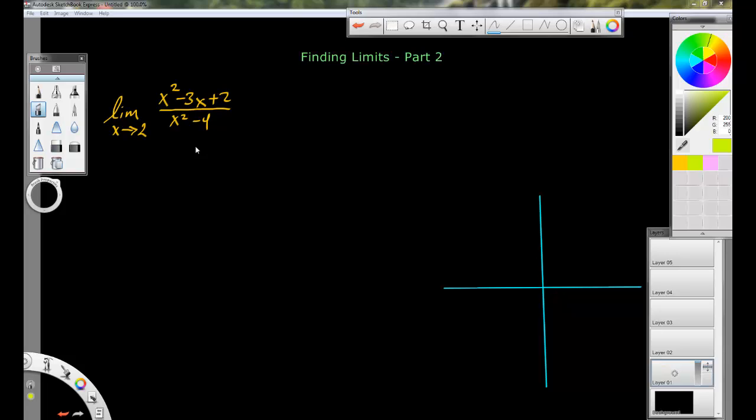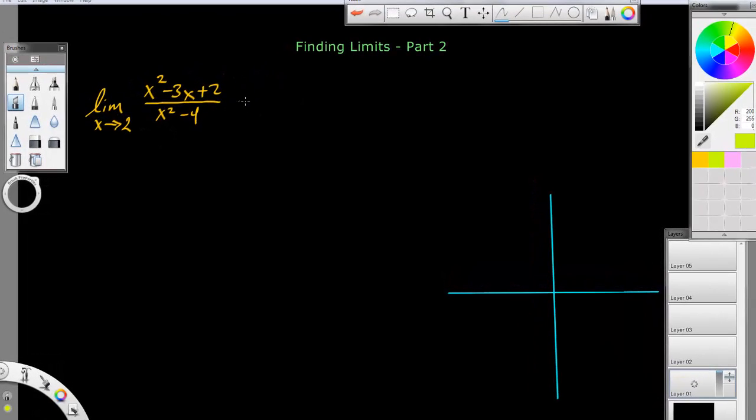Well, here we are, part two, finding limits, and I've got one problem. We're going to do this one because a lot of good questions will come out of this problem. We're going to find the limit as this thing goes to 2. So the first thing you would try, and your thought process is, to plug in 2 into that, and let's